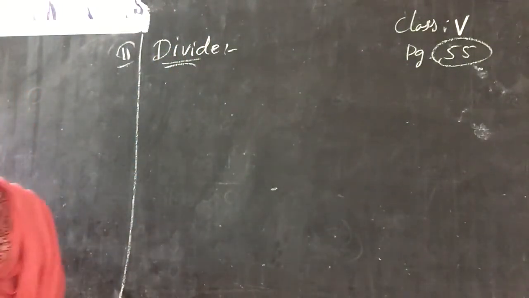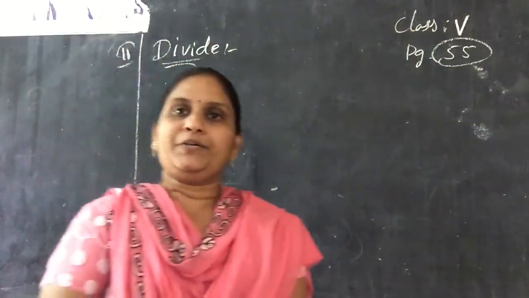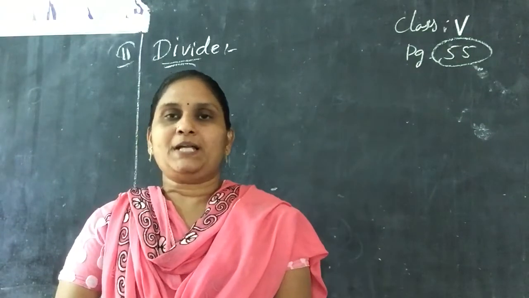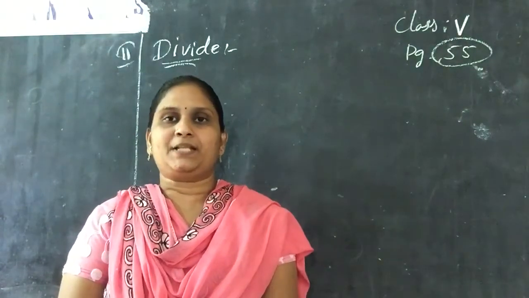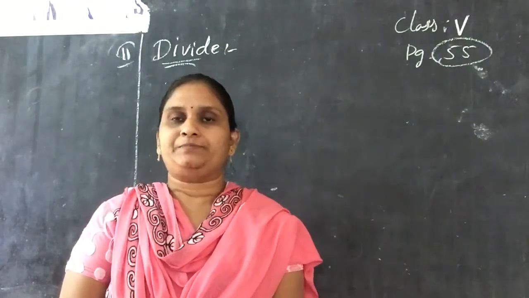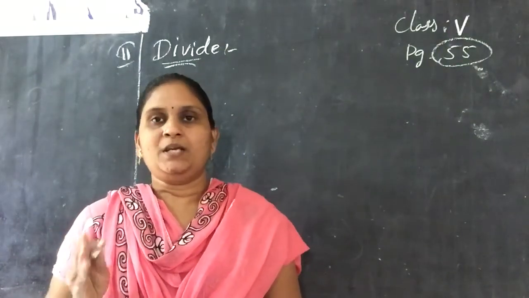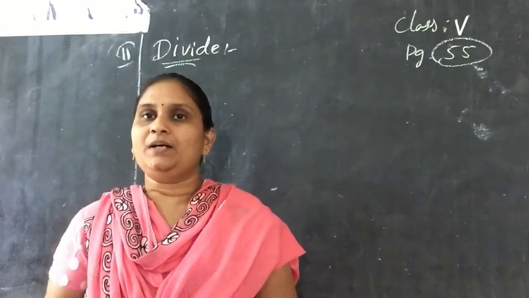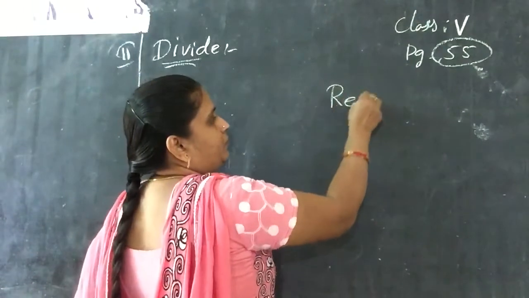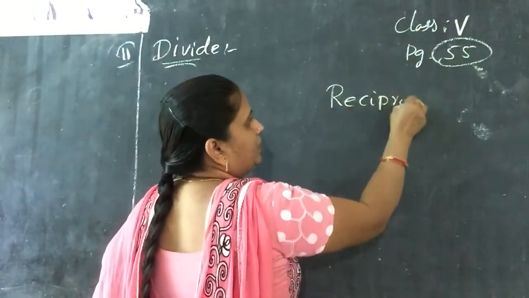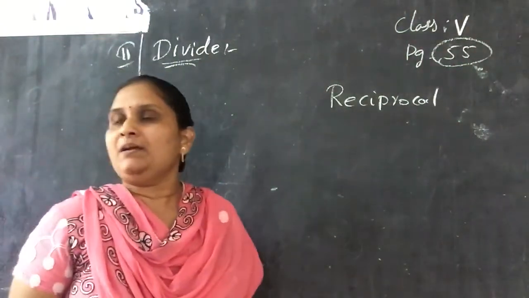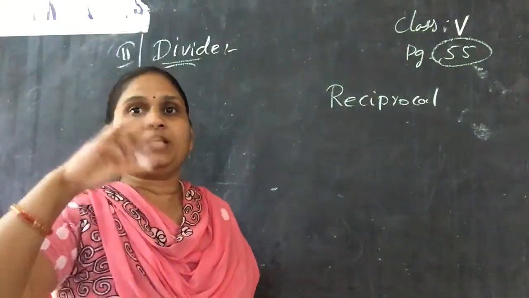So how do we do these divisions? Here is one word you have to remember. When fraction divisions are there, the right side fraction has to be written in the form of reciprocal. What is the meaning of reciprocal? It means simply writing the reverse order of the fraction.